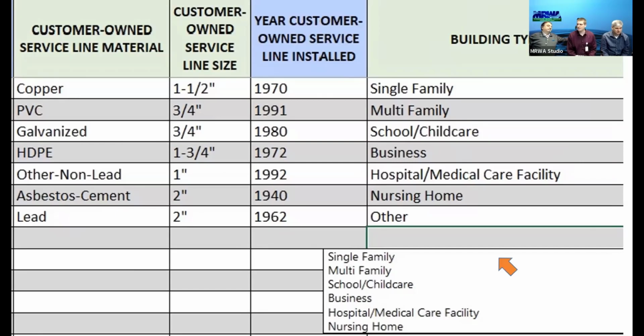There was one person that commented, why isn't subdivisions listed there? And the multifamily might capture some of those. This for risk tier calculation basically breaks it down into 3 things. It's either single family, multifamily, or non-transient, non-community. So all the school, childcare, business, hospital, nursing home, those are all non-transient, non-community. So in the equation, that's what it's going to paste for that. But just to help systems and us to know more specifically what those are, there's those options, but I hope that helps explain that part of it.